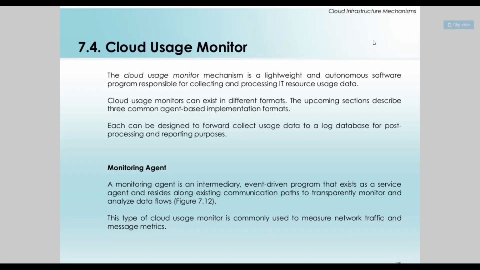Every activity you do over the cloud with respect to services, whatever model you are selecting. For example, if I'm selecting software as a service, my monitoring agent is going to keep track of all the software activities, what software I have opened, what is my starting time, what is my ending time. So everything is going to be monitored. All the flow of the data will be captured, and accordingly the billing will take place. Your monitoring agent is going to measure everything: what network traffic you take, what message metrics you have, what services you are using, at what time you start the services, and at what time you end them. So that is all about your monitoring agent.